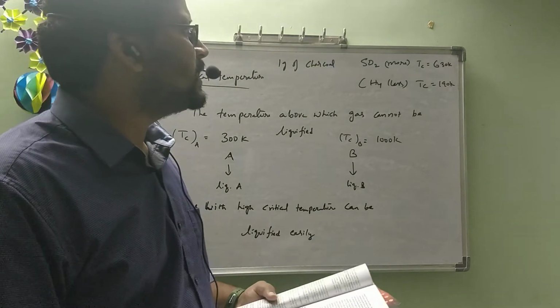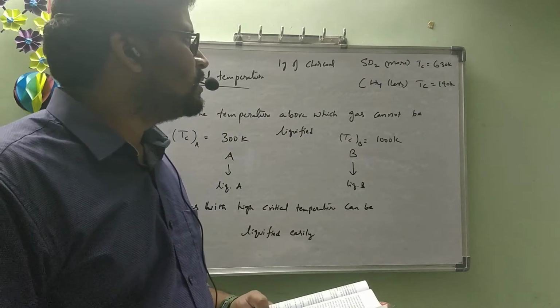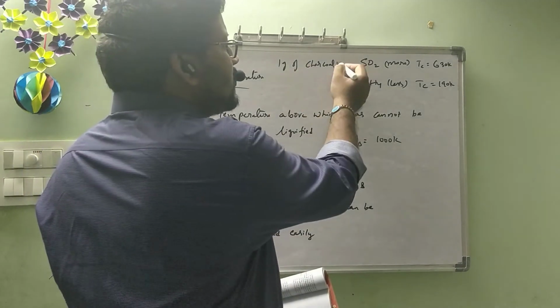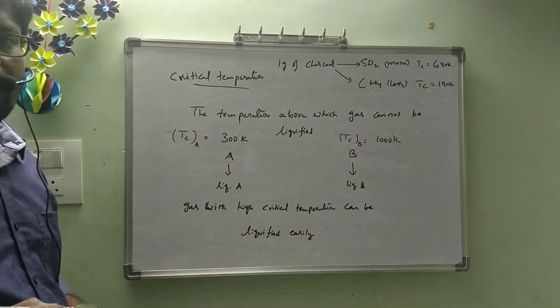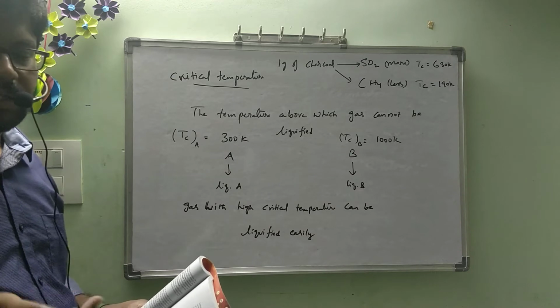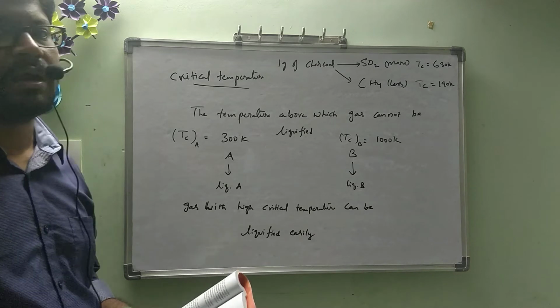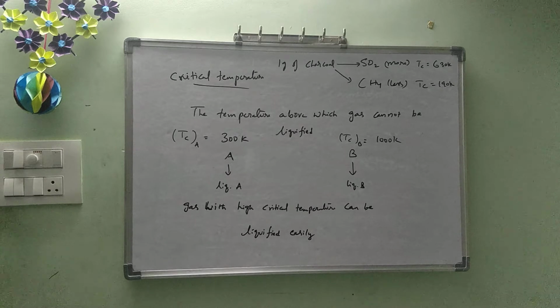Like that also we can observe the logic. Which critical temperature will be high? SO2, 630 Kelvin. CH4 is 190 Kelvin. So 1 gram of activated charcoal will adsorb more SO2 when compared to CH4, because highly liquefiable gases can be adsorbed easily as attractions are strong. This is the nature of adsorbate. Adsorbate is nothing but the gas. Okay, next point: reversible nature.